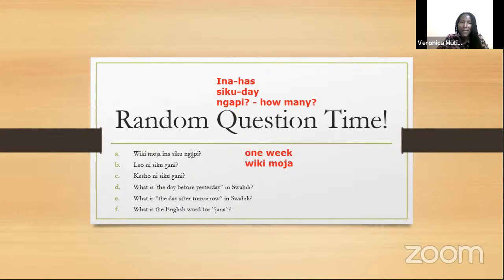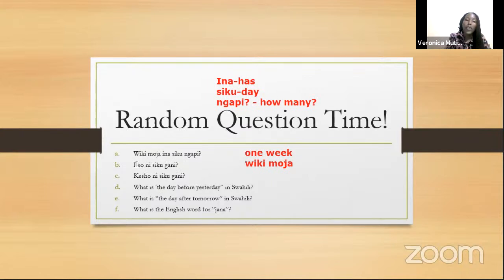Saba. Well done. So it means how many days are there in a week? Or a week has how many days? Perfect. So we go to the